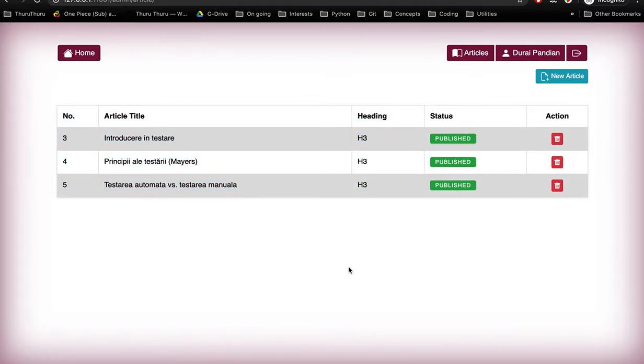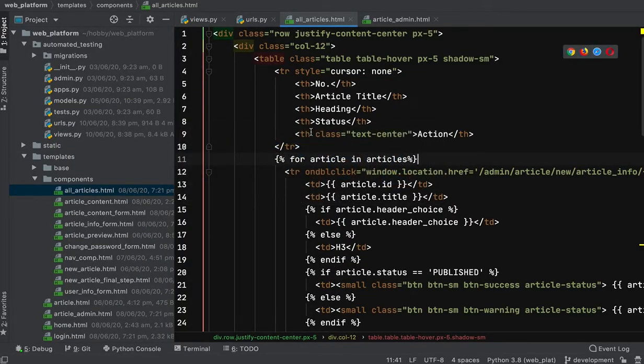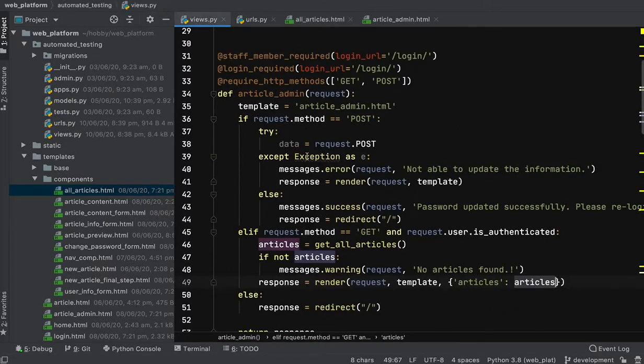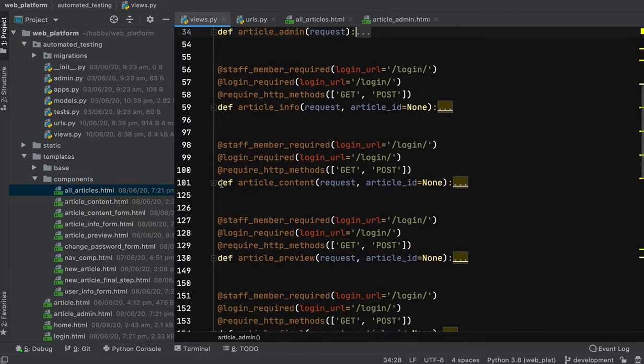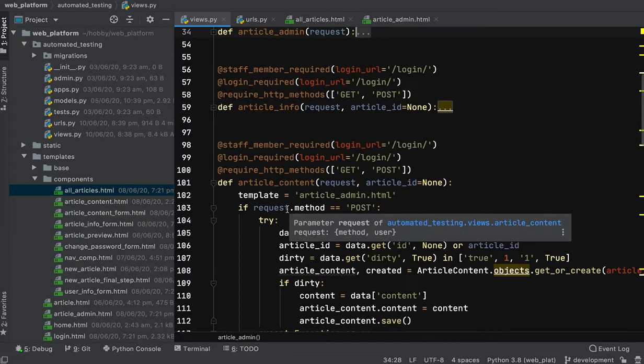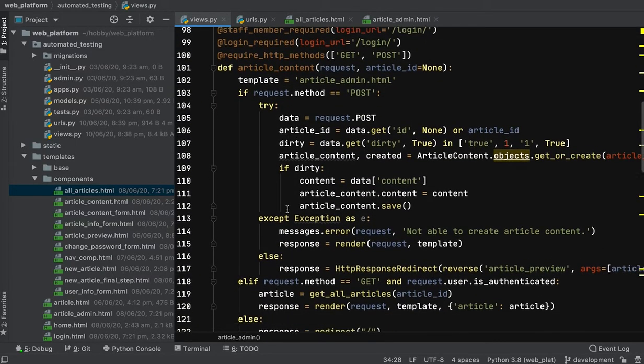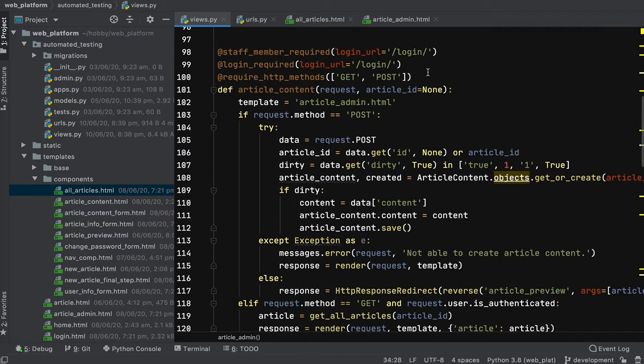After this we will discuss one more piece, article content. If you understand this, you will be able to understand article creation and article edit. This is very similar to the deletion: it requires staff member required and login required, and the HTTP methods are GET and POST.